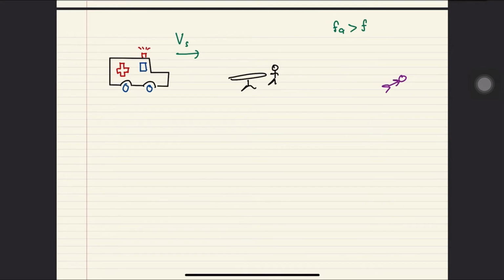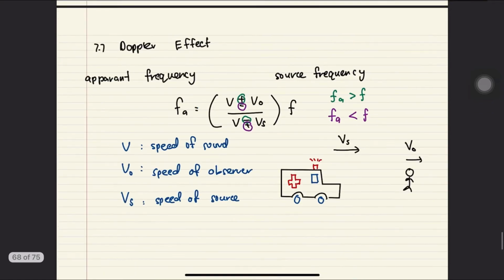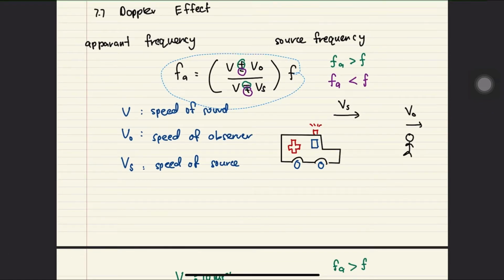In this case, v_o equals 0 because you are not moving; you are sitting and eating. Maybe v_s, I just put a number, is 10 meters per second, for example. Now, if you want to apply the formula just now,